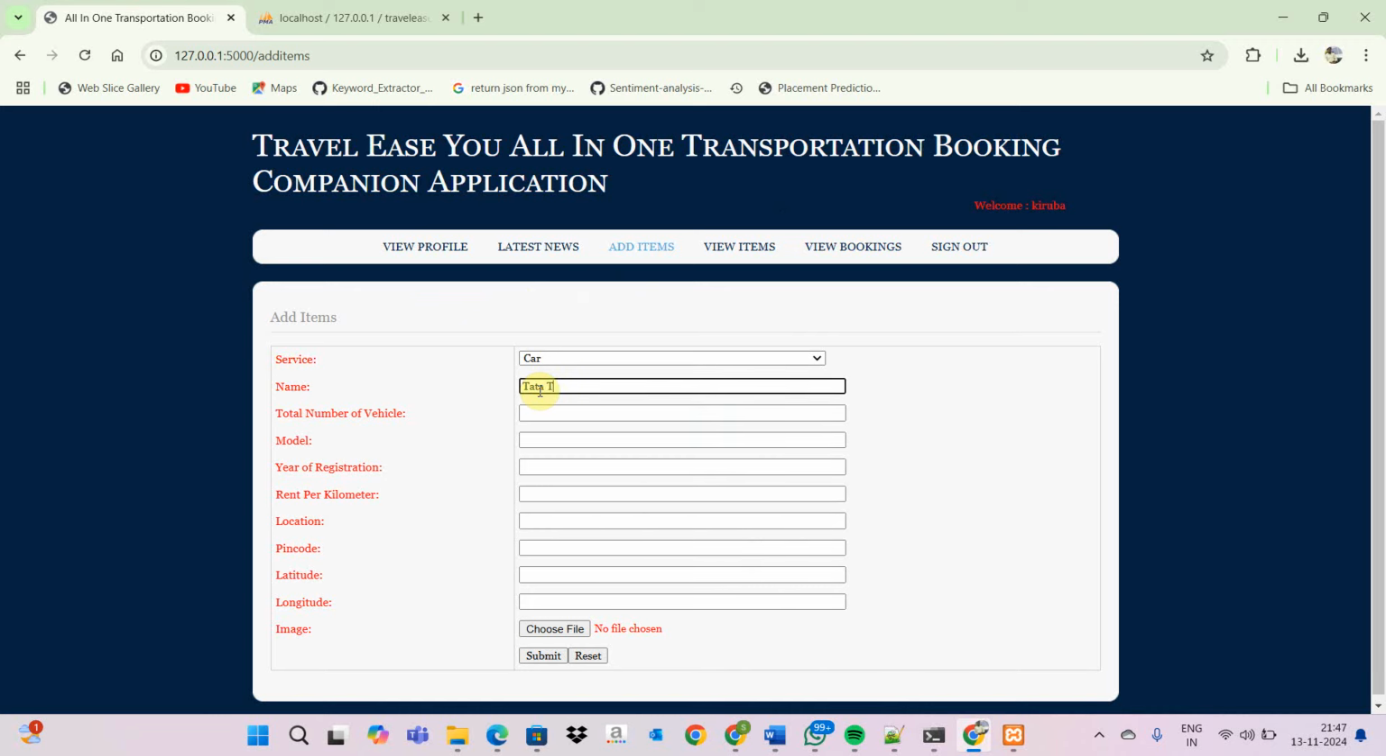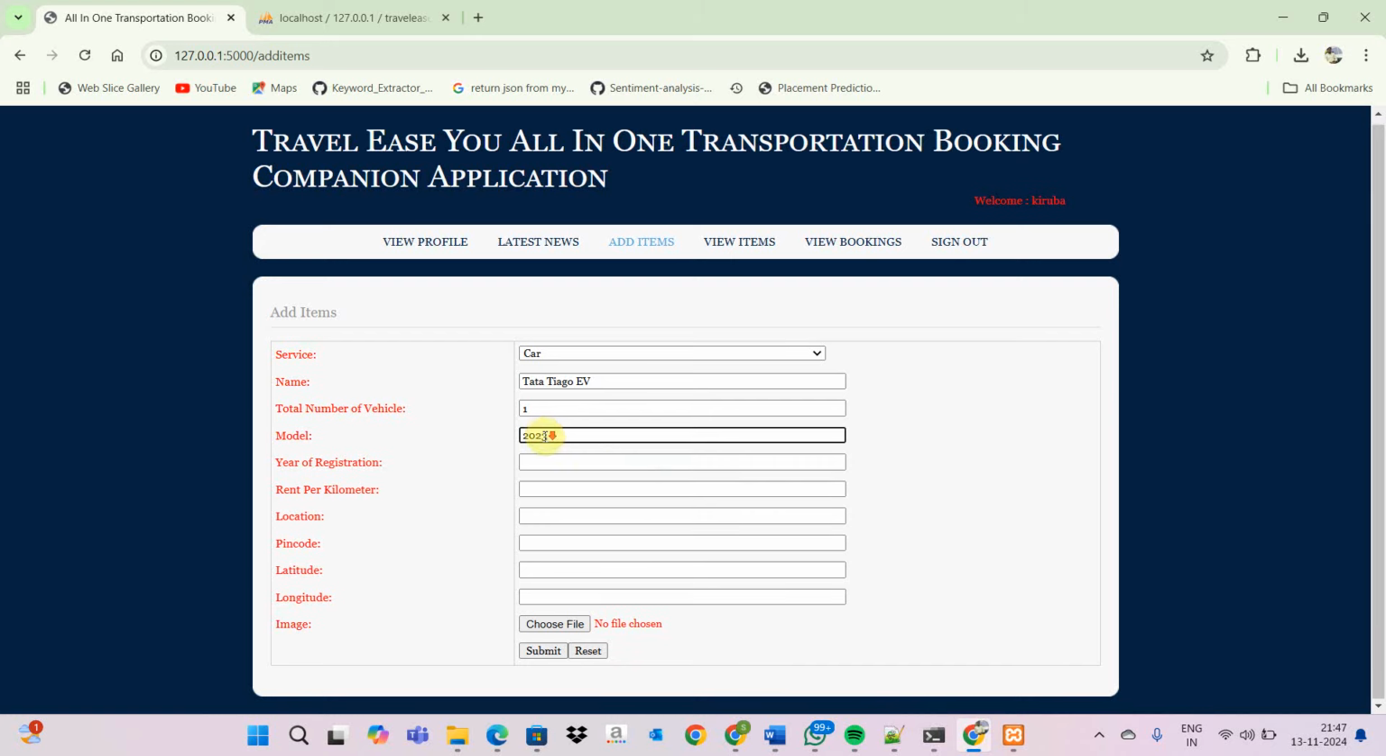Tata Tiago EV. Number of vehicles, we will mention only one. We can add 2 or 3 vehicles also, more vehicles. Model we put 2023. And the rent per kilometer,